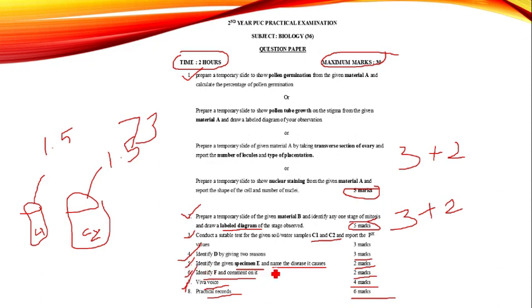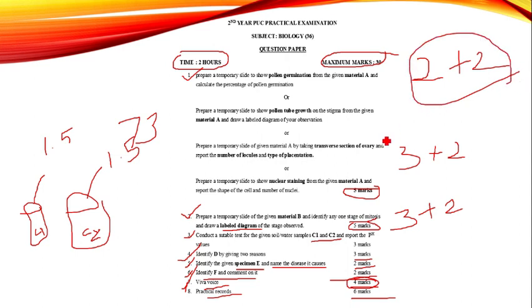The fifth question is related to disease. You have to read 4 disease pathogens and their disease names, and they will give any one of those 4. The sixth question is also only 2 marks, but you have to read a lot of things for it: hydric adaptation, xeric adaptations, like that. The seventh question is viva voce. Viva voce carries 4 marks. In this, the internal has the right to ask 2 questions and the external has the right to ask 2 questions. In total you can get 4 marks.